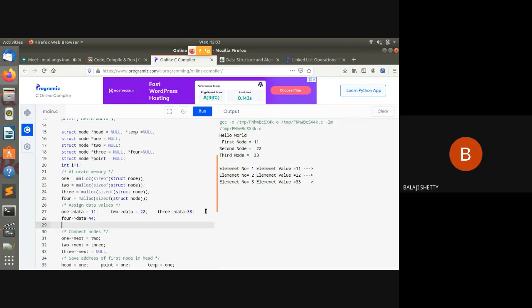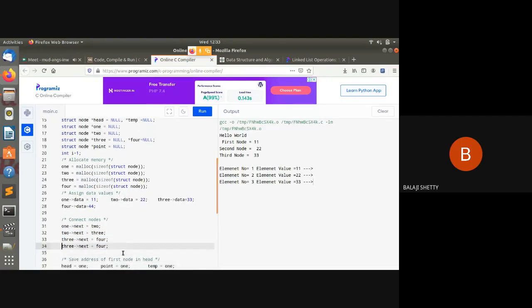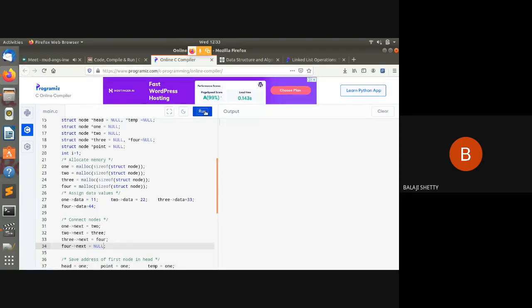That's it. And here 4, okay. Now you will understand what I am doing. And here 4 next equal to null. That's it. Now you will get all the elements. Run the code. Now I have created 4 nodes.